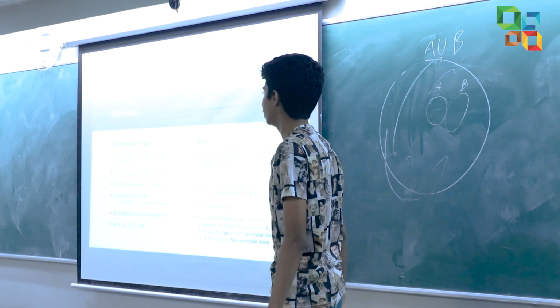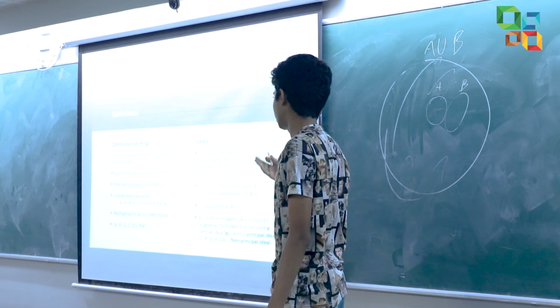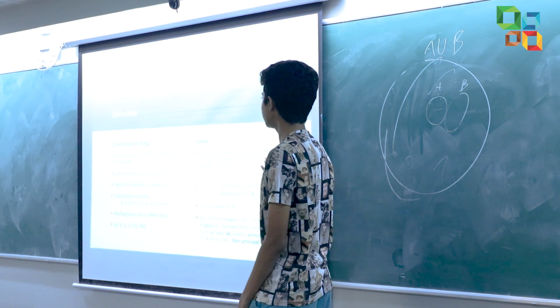Some examples of commutative rings are real numbers, rational numbers, ... Ideals are